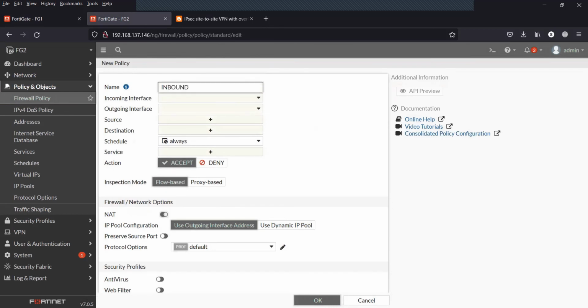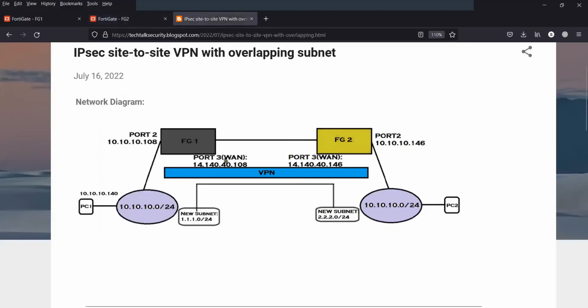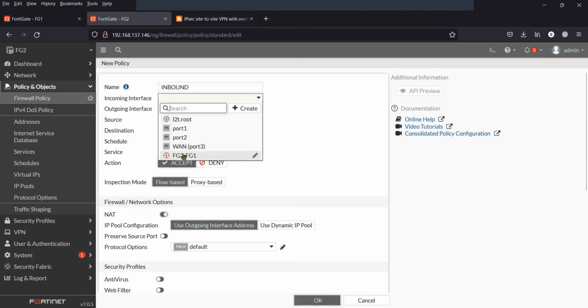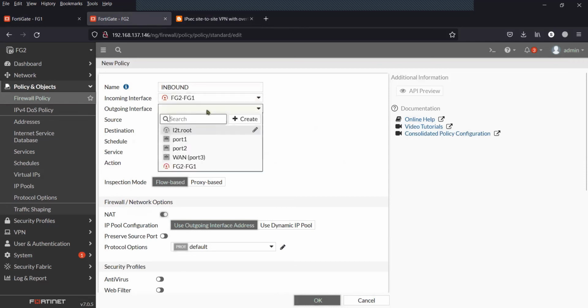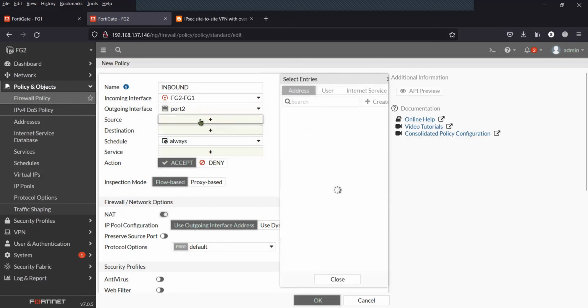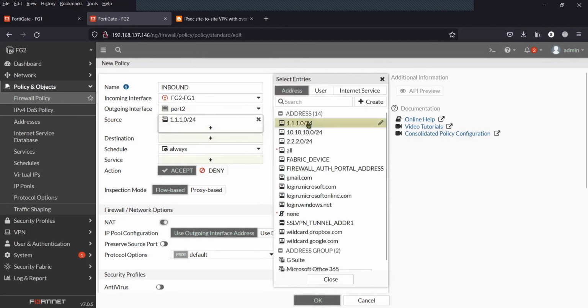Once the VPN policy is configured, that will do both the source translation and the destination translation. The subnet behind FortiGate Firewall 1, which is 10.10.10.0/24, will be mapped to 1.1.1.0/24, and on Firewall 2, 10.10.10.0/24 will be mapped to 2.2.2.0/24. For example,